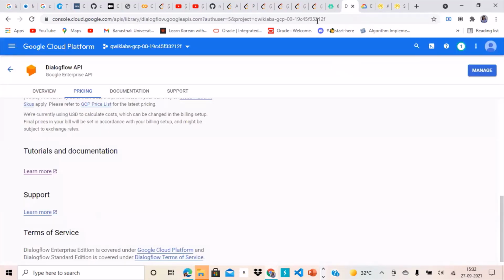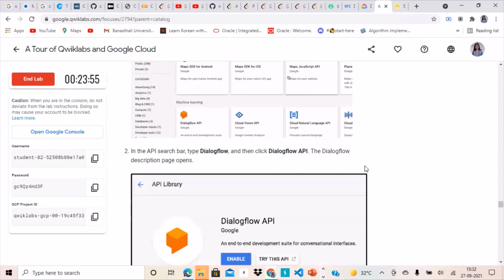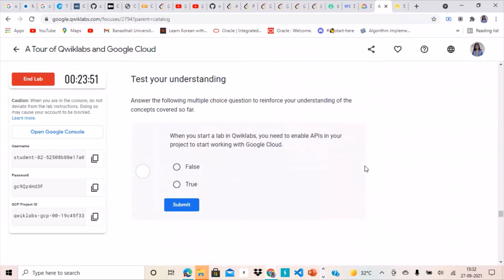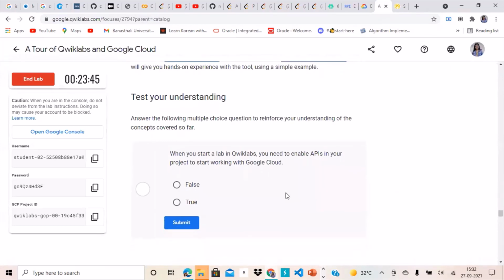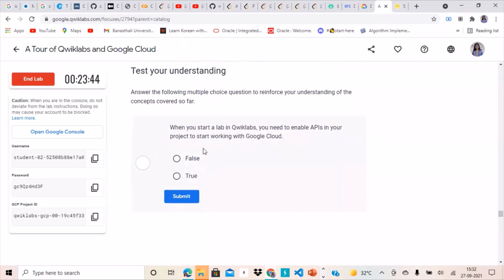Now, the next thing is come back to your Qwiklabs. We have done till this part and here we are, test your understanding, okay? When you start a lab in Qwiklabs, you need to enable APIs in your project to start working with Google Cloud. Do you need to enable APIs to start with Google Cloud? No, APIs are additional parts, additional services that you can utilize in your application.